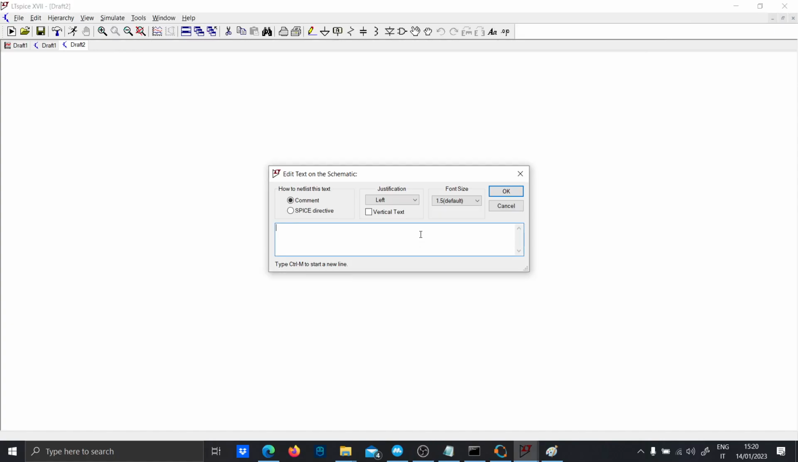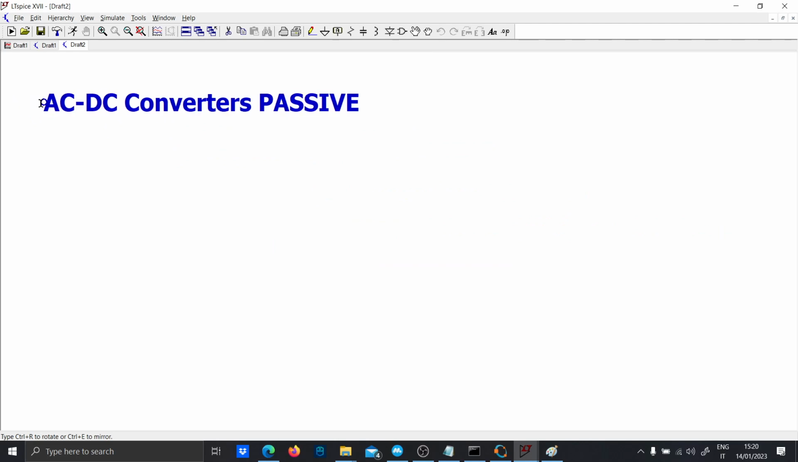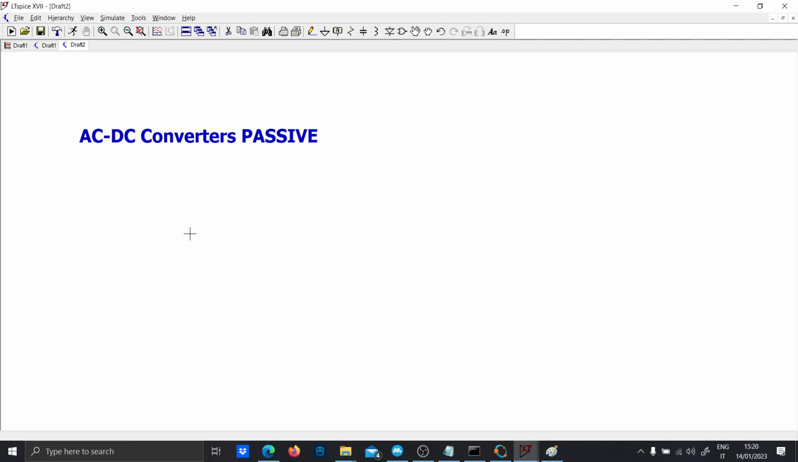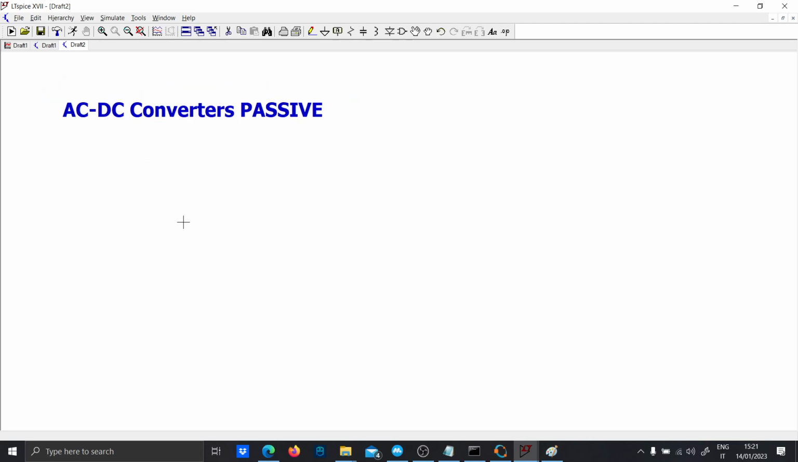Hi guys, today I wanted to talk to you about passive AC to DC converters, which are very useful in electronics, because in a lot of projects, especially with motors, you are going to use them. So let's simulate the easiest AC to DC converter, which is